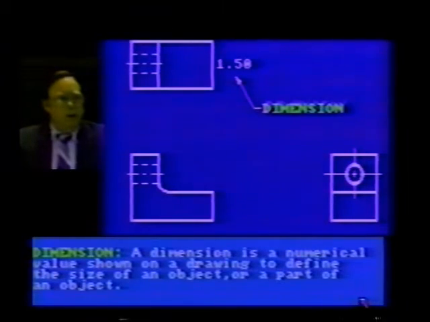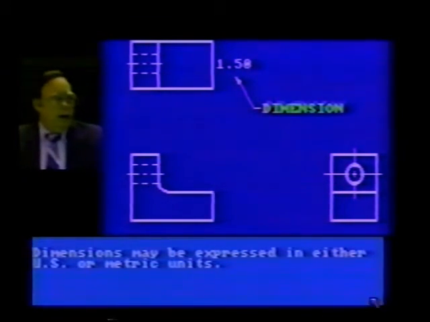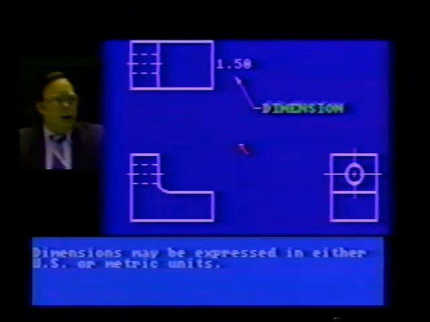What is a dimension anyway? Well, a dimension is simply a numerical value that we use to show the size of an object or a particular feature on an object. And on our drawings, we assume the numerical values in the United States are in inches, unless there's a note someplace that says all dimensions are in millimeters, or unless there's a standard SI, System International, symbol that tells us it's a metric drawing. We assume inches, but in the U.S. we can use metric, but we need to specify in a note or in a symbol if it is a